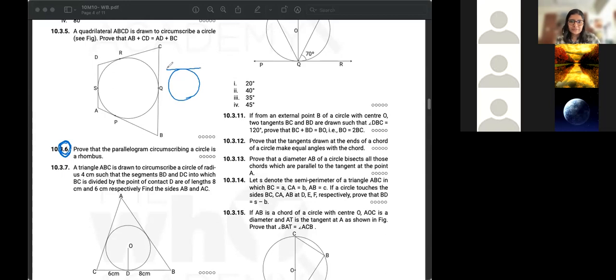So parallelogram looks kind of like this. So all the sides of the parallelogram are basically tangents. Okay. So now that you know this fact, let's call this A, B, C, D. We don't need the center of the circle for this question. So now what is the property of a rhombus? अगर कोई parallelogram को rhombus prove करना है, all sides are equal.